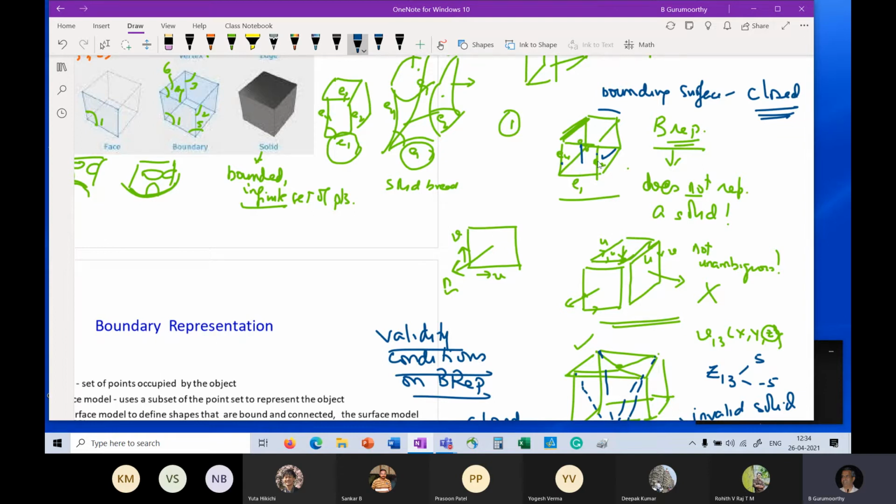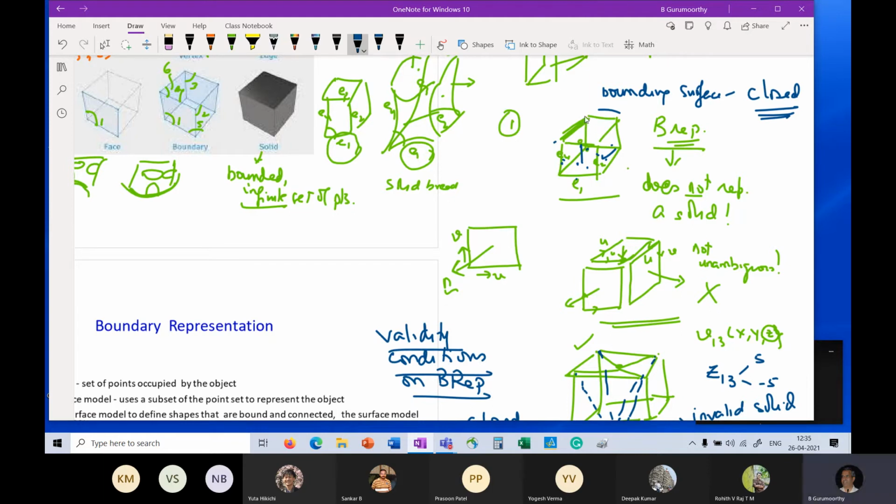boundary model must be represented in two faces. So E2 is part of the representation of the front face and the right face. E4 is part of the front face and the left face. E1 is in the front face and the bottom face. But when I come to E3 here, it is part of only one face, which is the front face. It is not incident on any other face. And that tells you that the bounding surface is not closed. So it's a check to find the problem. It is not fixing it yet, but it is a check to find it.